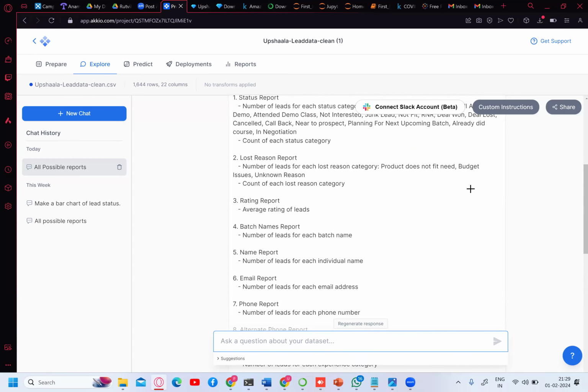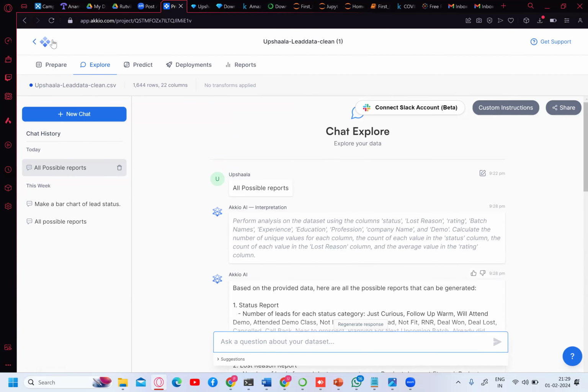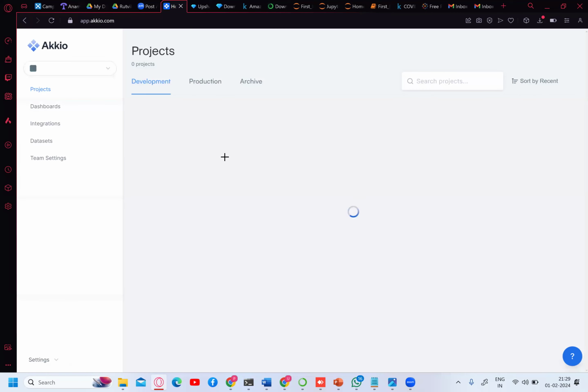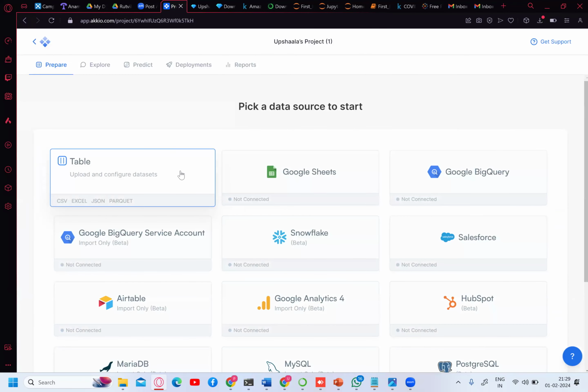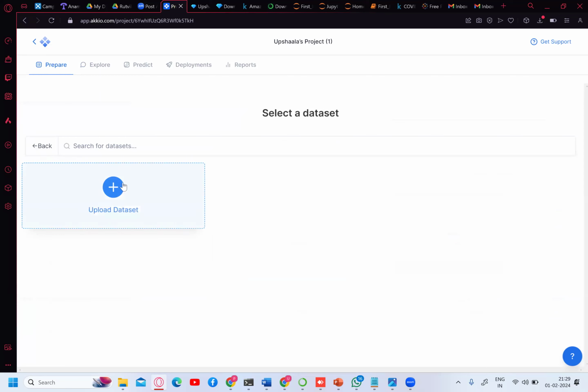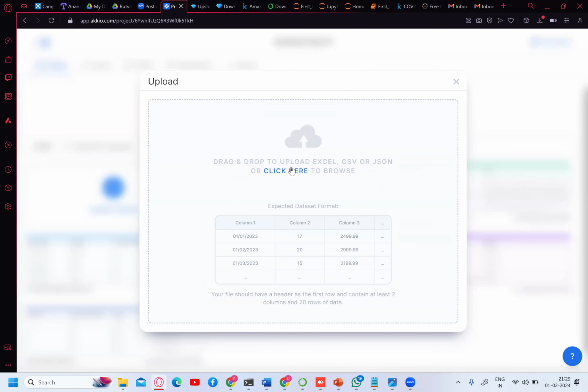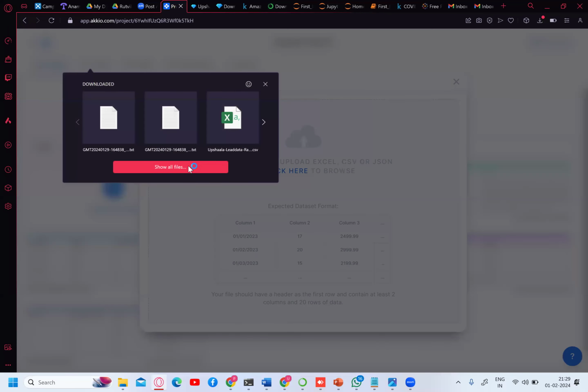Still, let me upload this data again. I'll check, because the data is already uploaded. We have already generated a number of reports, and that is the reason it thinks there is no need to generate again. So let me upload the data set again. Files,